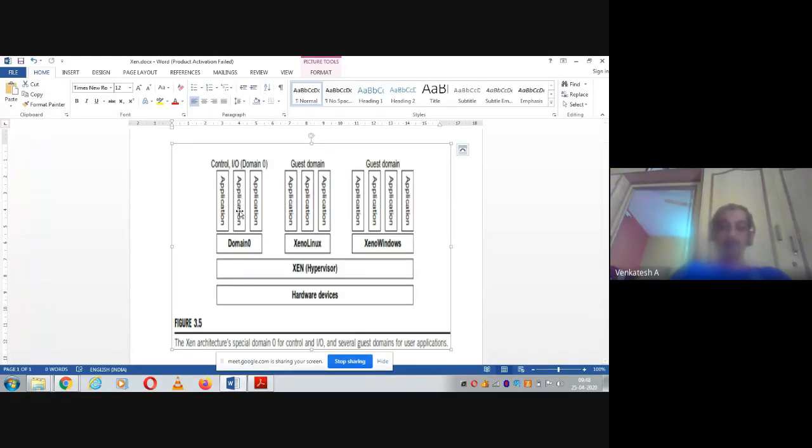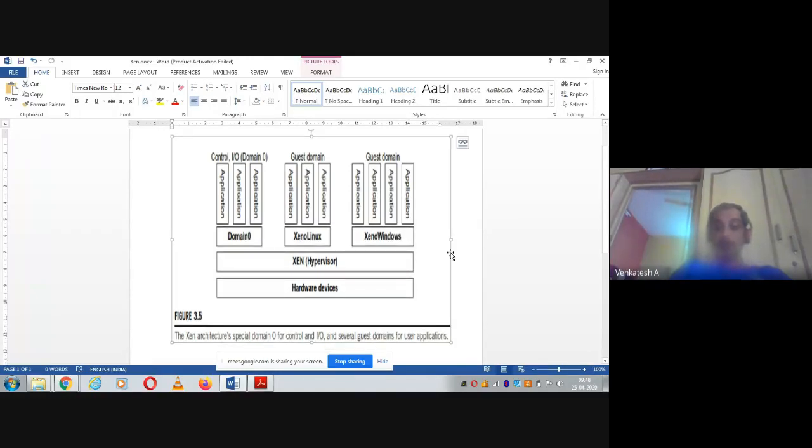Therefore, whatever applications are installed in domain U, that is Linux and Windows, can be controlled by domain 0, and it can decide how many resources are to be allocated to Linux and how many resources are to be allocated to Windows. So that's how Zen will work.